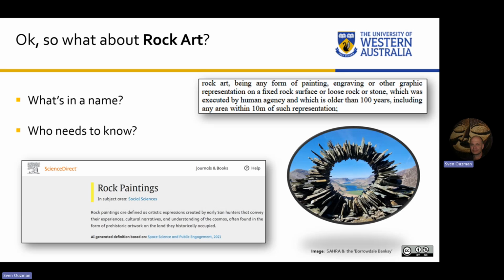So it says rock paintings are defined as artistic expressions created by early San hunters that convey their experiences, cultural narratives, and understanding of the cosmos, often found in the form of prehistoric artwork on the land they historically occupied. So it's a bit of a head scratcher in some ways. The early San hunters, well, they're gatherers as well, and there's a bit of a gender bias in there. Words like prehistoric, very problematic word. Everyone has history in one form or another. Everyone has archaeology in one form or another. This classic sort of distancing that it's all in the past and historically occupied rather than now. So an interesting conversation piece, but